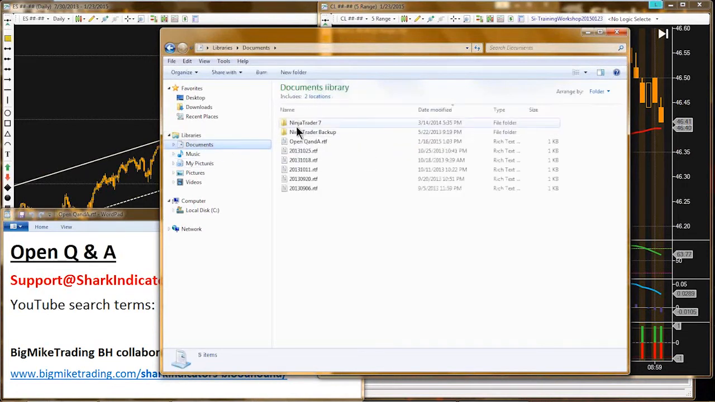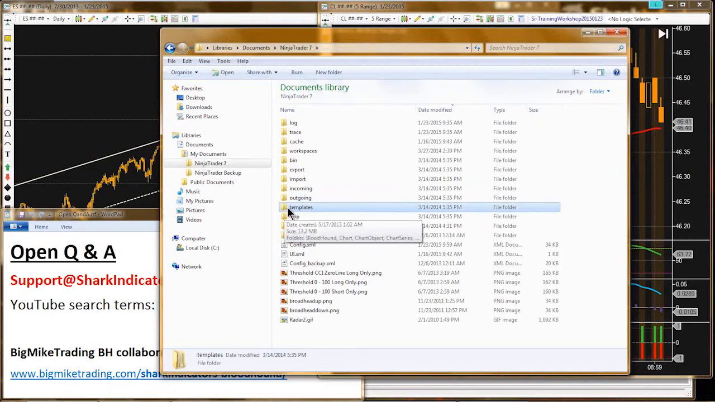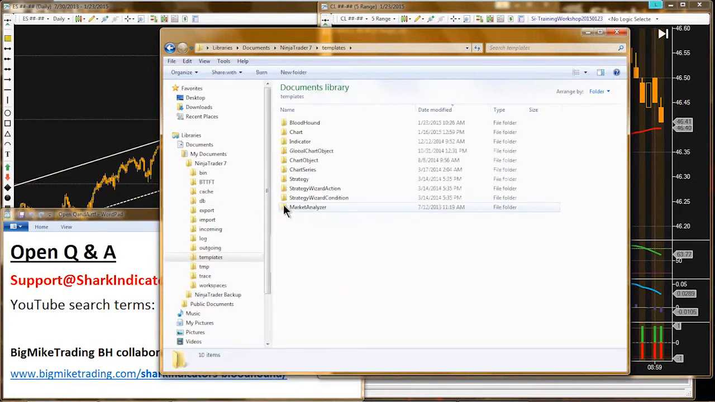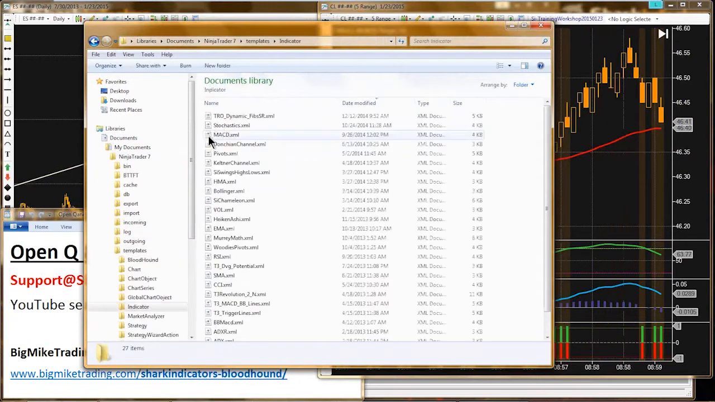Go into your documents, go into NinjaTrader 7, and let's see, go into templates. All those set default files are stored in this templates folder. That's what this templates folder is for. You can see this is where your chart templates go, and this is where your indicator set defaults go. So if I look in my indicator folder,